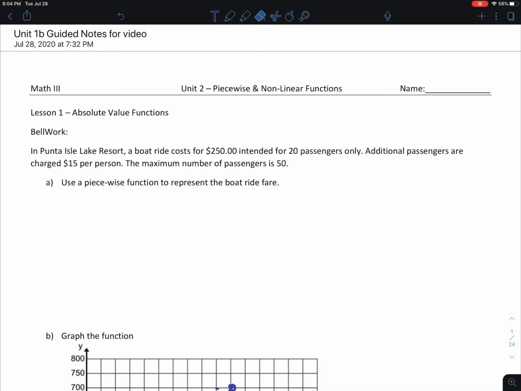Okay, boys and girls, welcome to Unit 1B. And in this unit, we're going to continue our look at functions, piecewise functions, and this time we're adding some quadratic functions to our piecewise function. But our bell work today is the first page in your packet, so I'm going to ask you to pause